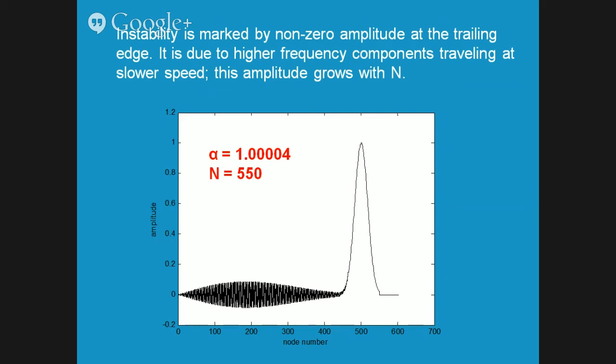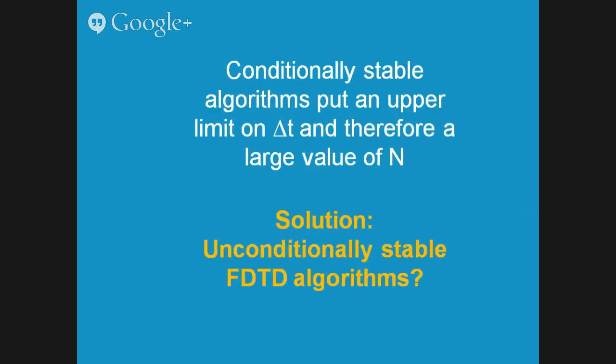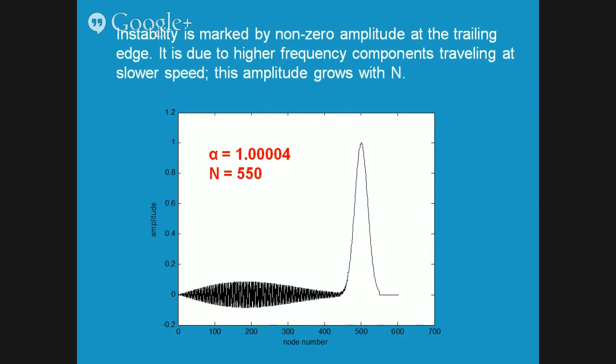The tail portion of this amplitude will keep on increasing as you increase the number of time steps. And that is what is called the instability of the solution. It should not have been there at all. The reason for this is that the instability is marked by non-zero amplitude at the trailing edge. It is due to higher frequency components